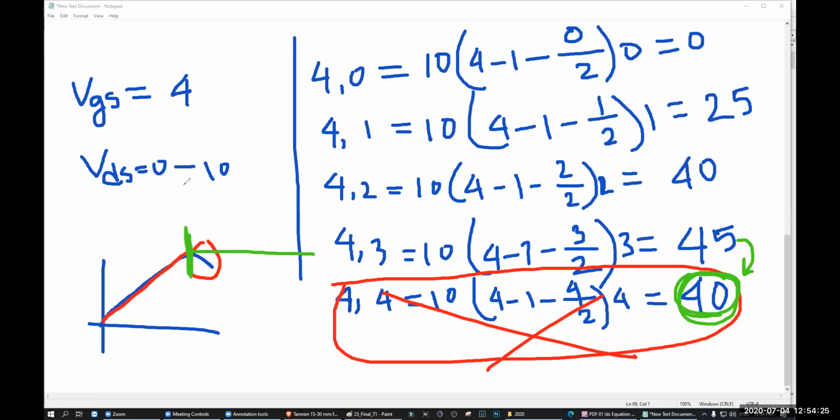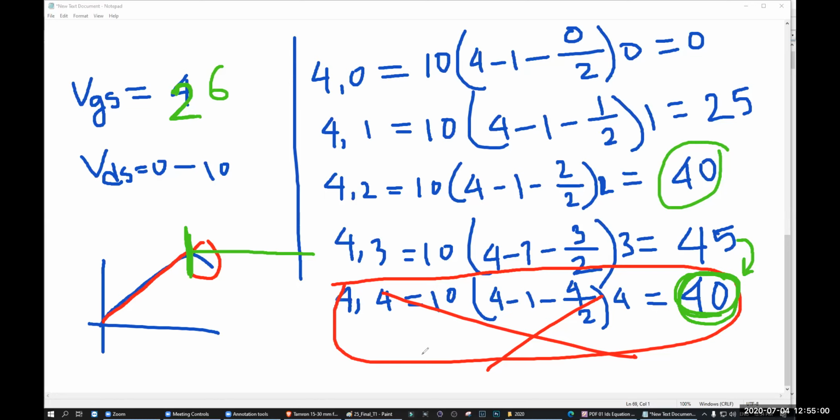Previously, when we started with 2, remember 2. When we give 2, our formula stopped here, right? Just after two tries, our formula stopped. When it is 4, it takes 4 tries. When we give 6, it will take 6 tries, right? So that means our formula is not working forever. It will stop at some places. So we have to find out that place. That is called the saturation point, right?